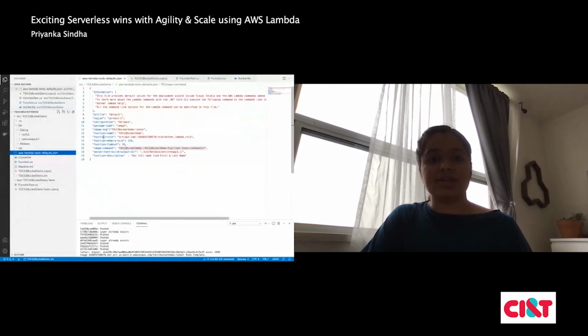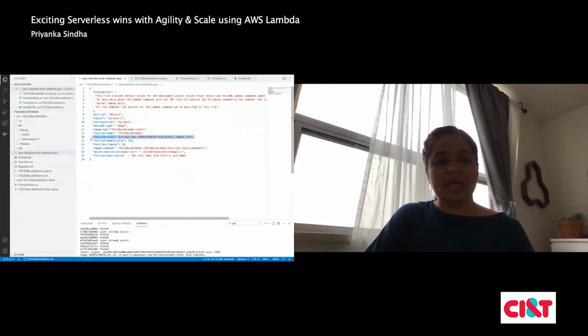This is the function role you can mention if you want to provide one, or you can apply it manually. The memory size we saw there comes from here. The function timeout means the function's maximum execution time. And the package type: when you have a deployment running as an image, you have to mention package type image. If you don't mention it, by default it takes a zip file.